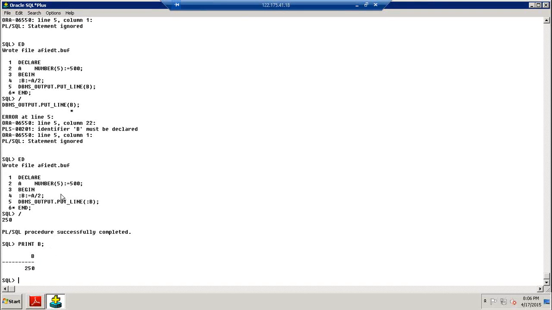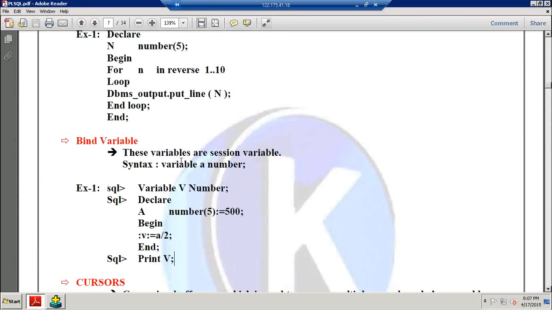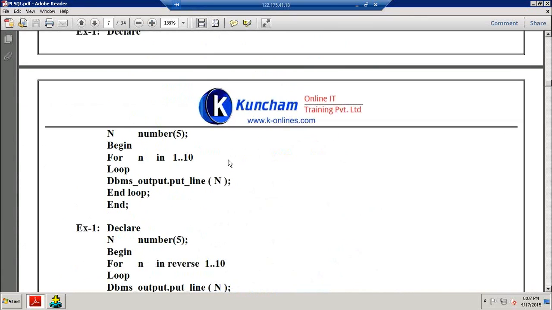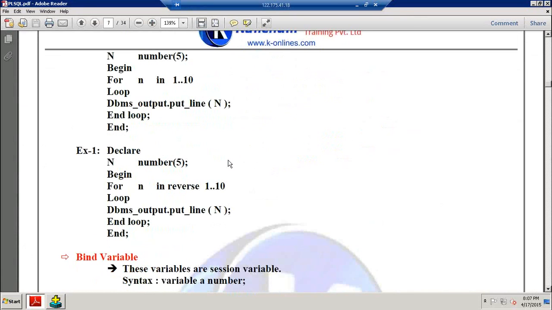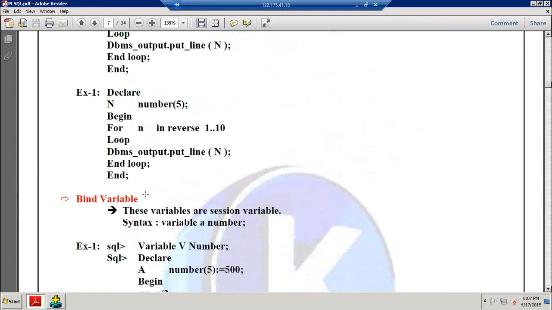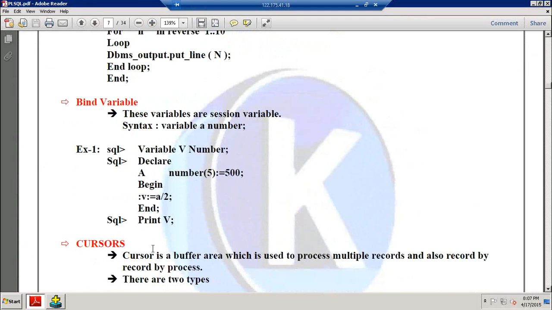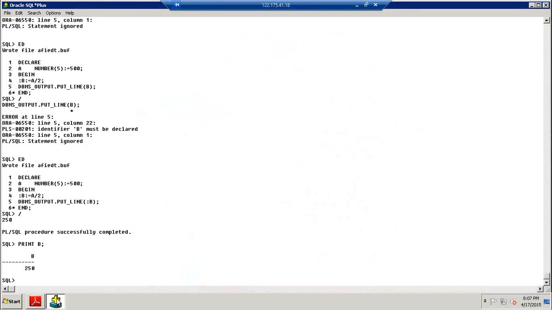So this is the way we are using bind variables. Bind variables means that at runtime, if you want to execute any program while using session variables or host variables or any such bind variables, we can use them. Clear? So this is the way we are going to work on for loop, while loop and bind variables. Okay. So the next session